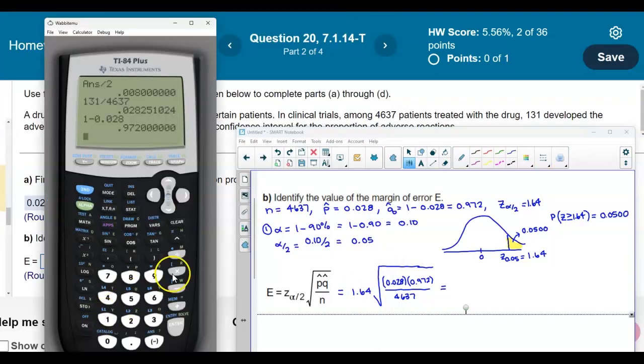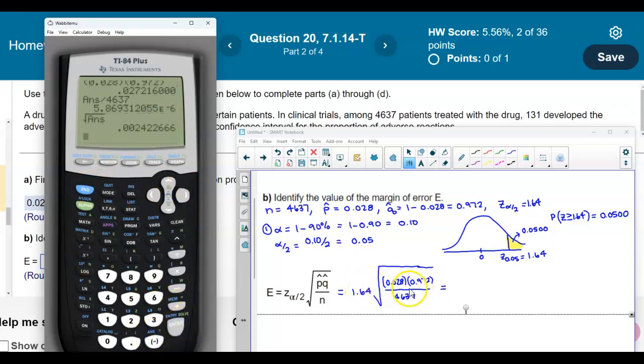So opening up our calculator, we're first going to find out and simplify what's inside the radical. So we have 0.028 times 0.972, and then we're going to divide that by the sample size of 4,637. Okay, now we need to take the square root of that number, so we're going to take second square root of that answer,